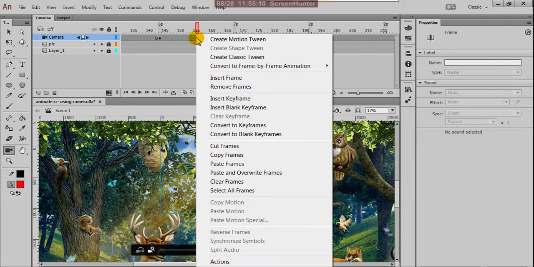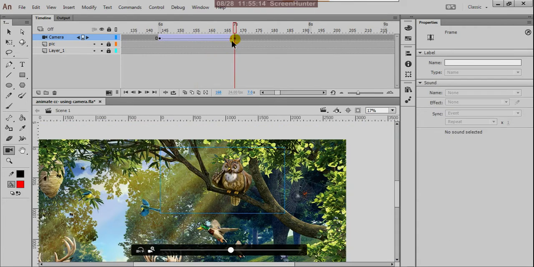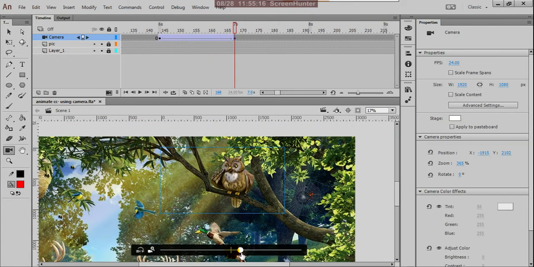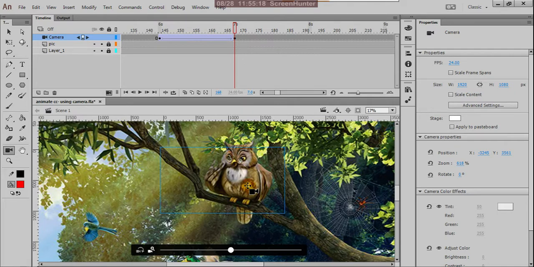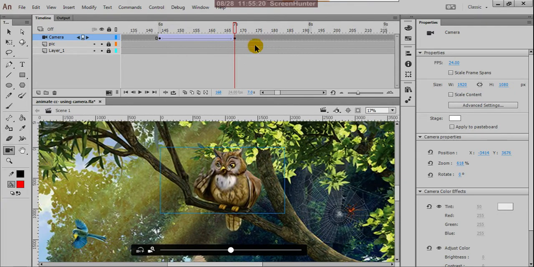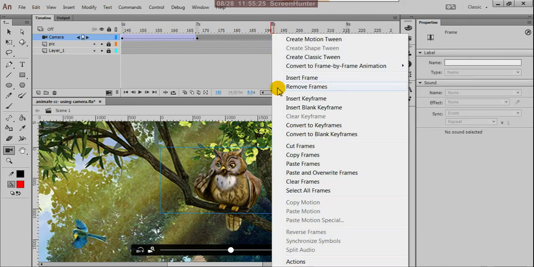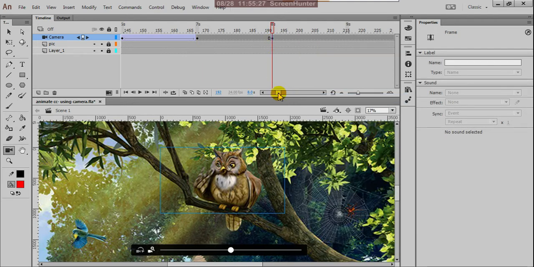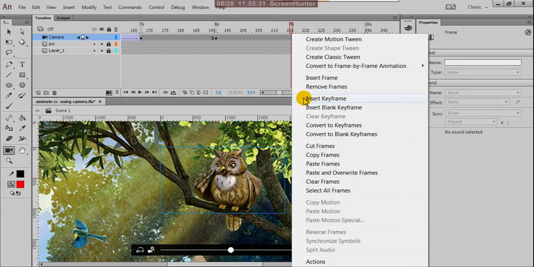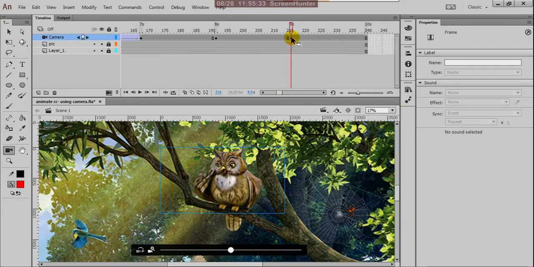Okay, and here you can create classic tween, and here you can give more zoom, and you can hold that same frame for 1 second, and then create insert new keyframe, and here what you do,